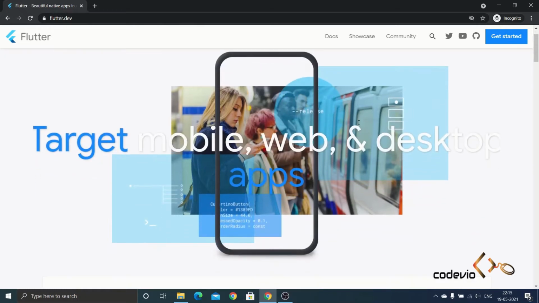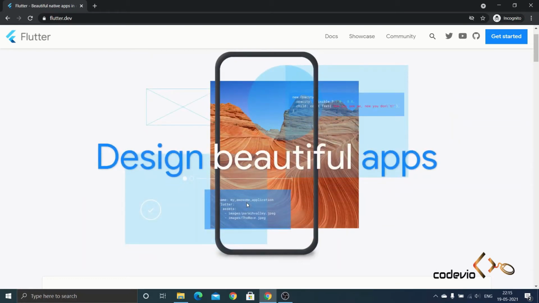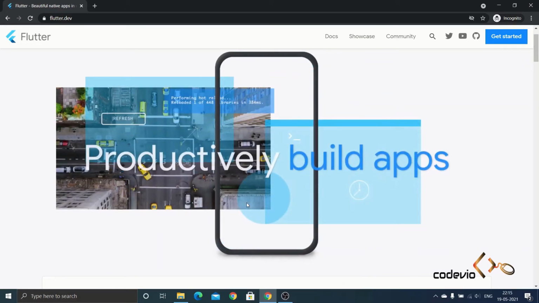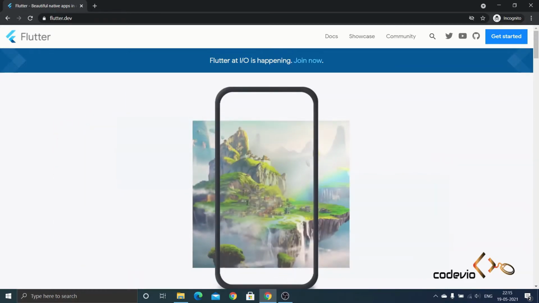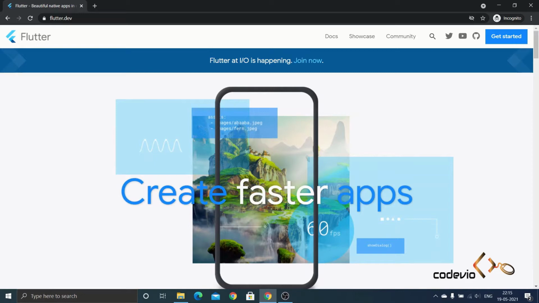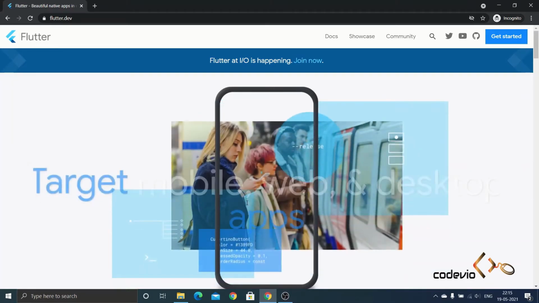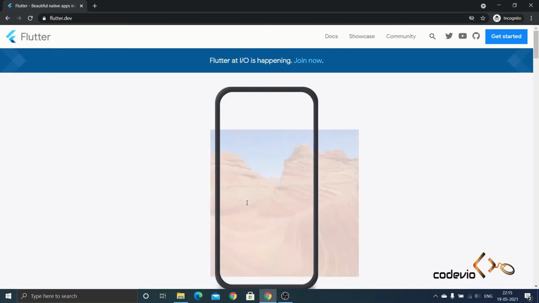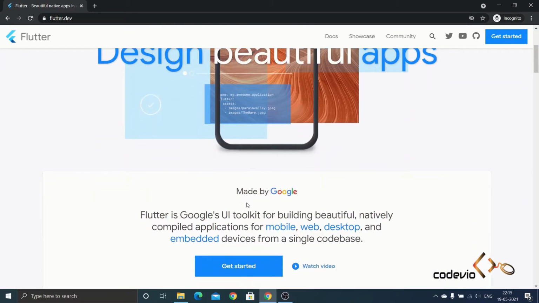Okay, now we can just go through the website. As you can see, they are highlighting the web and desktop apps, because with one codebase we can produce an Android application, an iOS application, and a desktop application. So that's a very good benefit of Flutter. So you must be wondering, wow, by learning one framework I can do this much. Yeah, you can. And learning is not a big task in the case of Flutter because it's very simple.